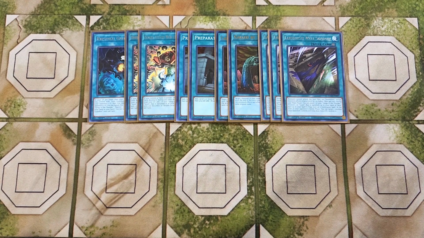you from getting OTK. It also has the ability once per turn. During your main phase, you can place one of your Gate Guardian pieces from your hand or your deck face up in the spell and trap card zone as a continuous spell, which is really cool to be able to just put them on your side of the field, and I love that it can also recover them from banish,